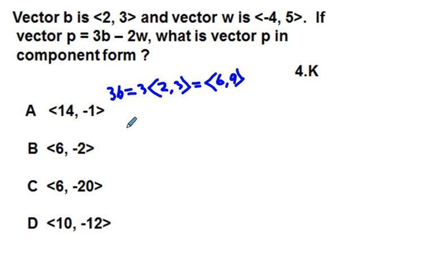And then 2W is equal to 2 times negative 4, comma 5, which is equal to negative 8, comma 2 times 5 is 10. So what we want is 3B